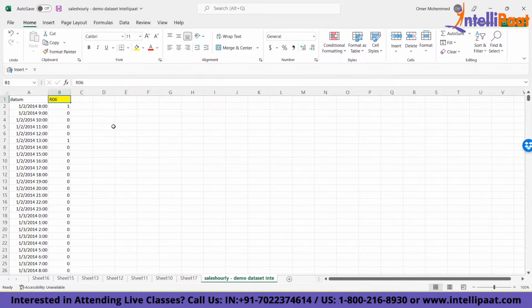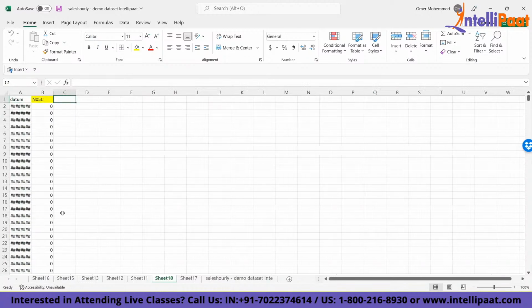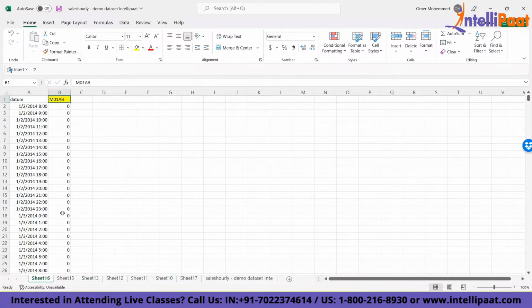What I'm going to do now is add all of these. I want to consolidate all of these one below the other. So what I can do is, it's very easy. I'm going to go here. First of all, I need to put the product name here in C1. Now I can see that the first two columns in all of these sheets are date. Let's rename it date, and some kind of a name which is random, like a product name. So date and product name,